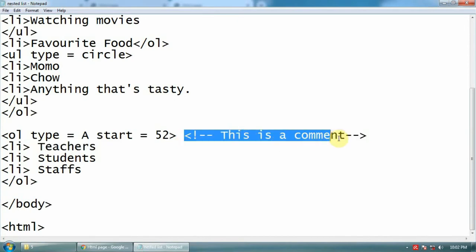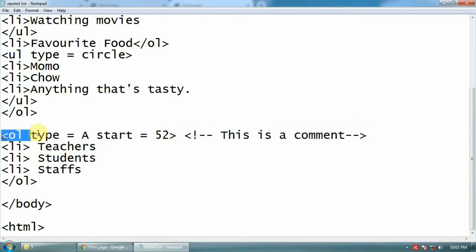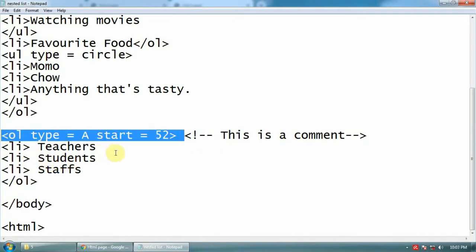Now there is one more thing. This is a comment. Comment is also a kind of tag, because whenever you are developing any website, you are developing with a group of people. My way of typing one HTML program and your way of typing one HTML program will be different. But why I am using this HTML portion, why I am using this tag, only I will know, you won't know. These are simple, but for a big website, a big business, these are a bit different.